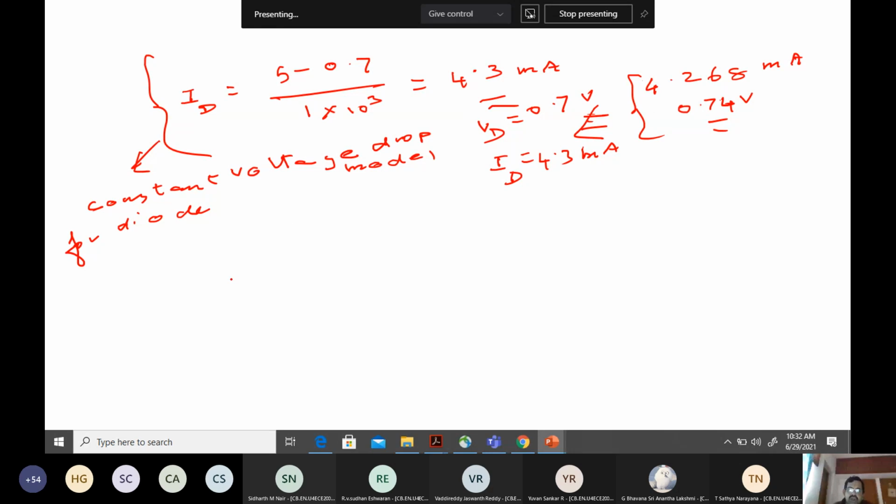So how do I draw this constant voltage model? Pictorially, we can represent it in this manner. Let us say this is my current voltage characteristic. This is my forward bias voltage applied, and the exponential model tells me the current goes like this. This is my exponential model, the I-V relationship.